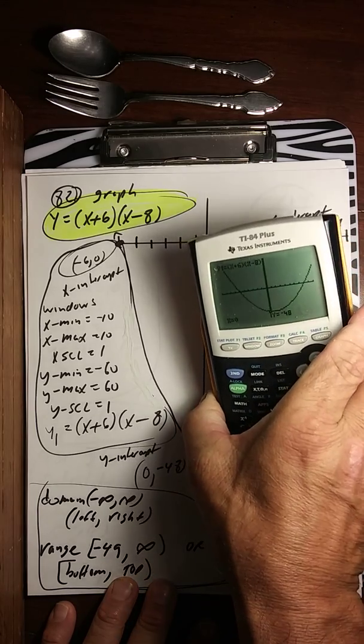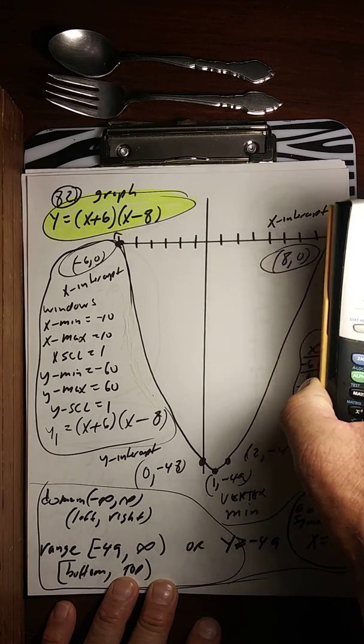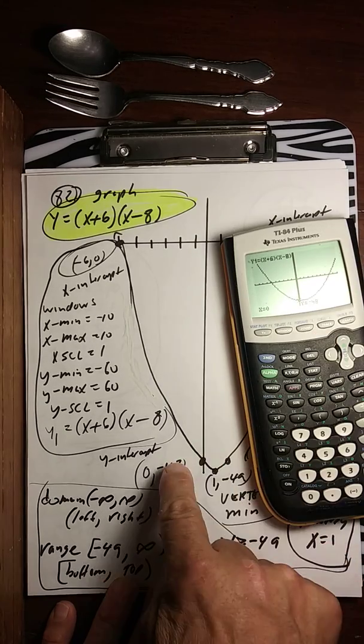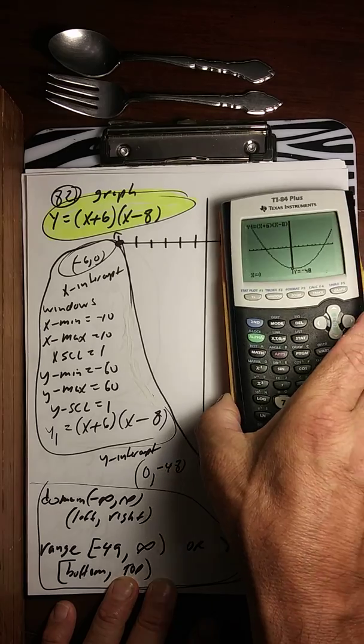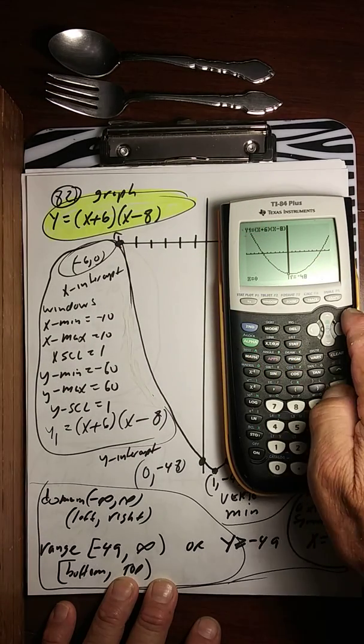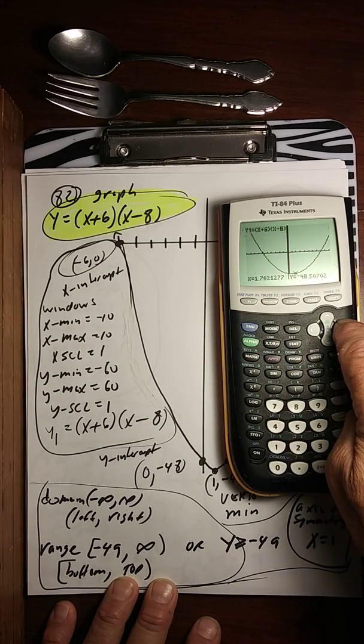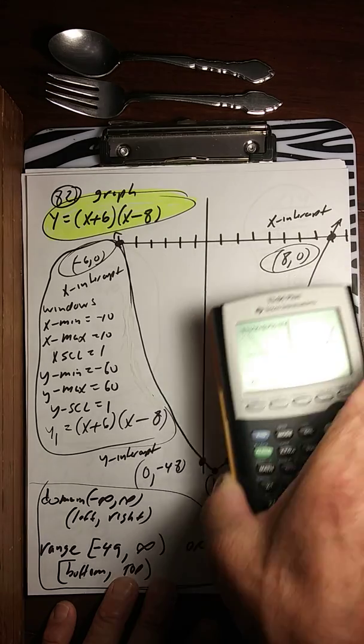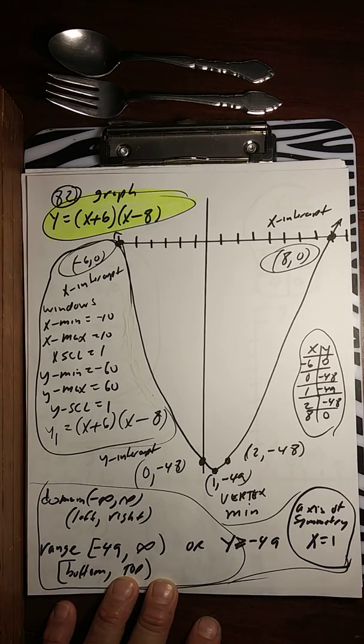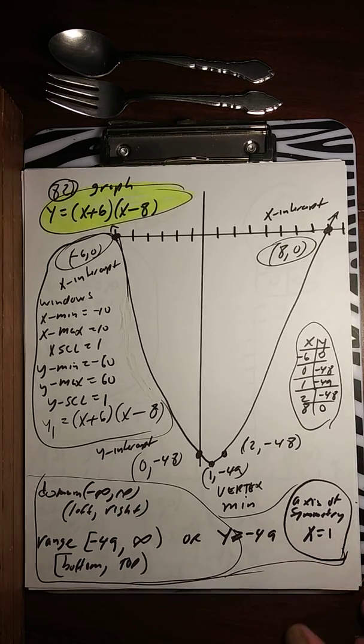There's a point right there: 0 and negative 48. So we have these points right there. Like I say, you can use trace, move it around, and get other points if you want to. Okay, the graph right there. So now,